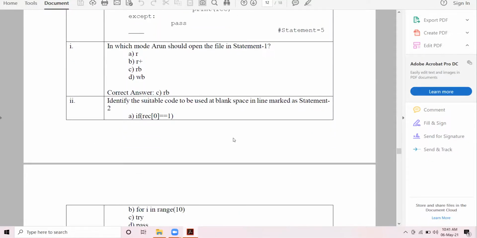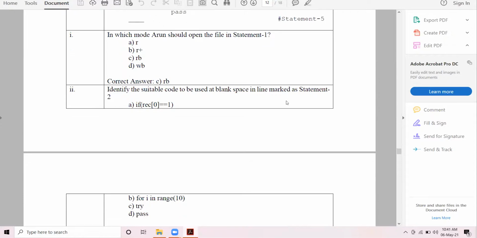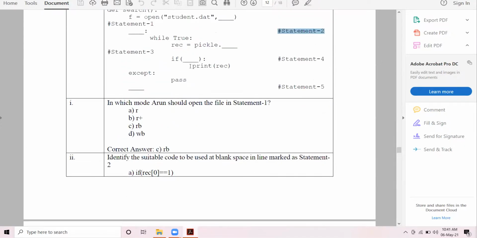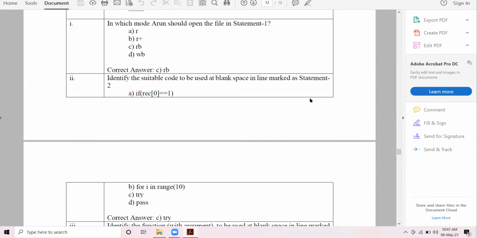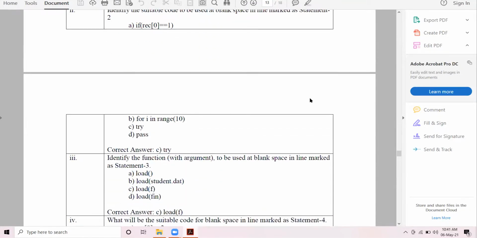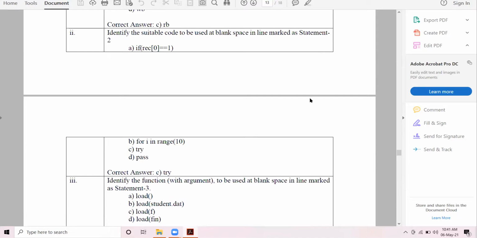If r of 0 equal to 1, for I in range 10, try and pass. The code is here. Yes, Maulik, unmute yourself. C option, try. Try. Very right, very correct. C option, try. All right.